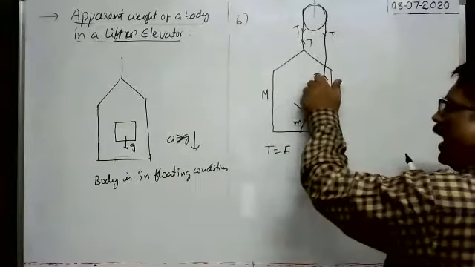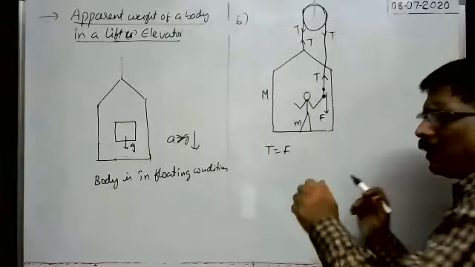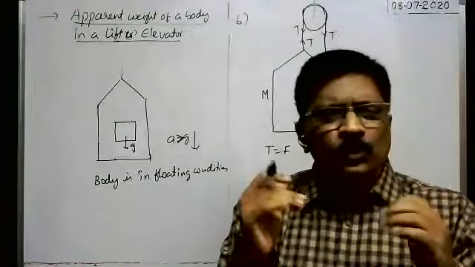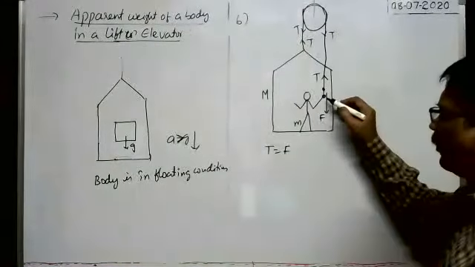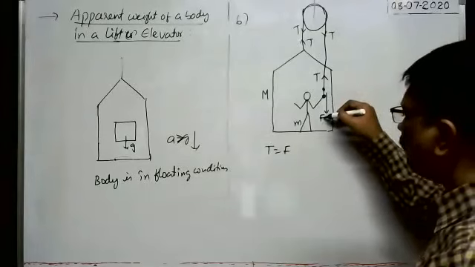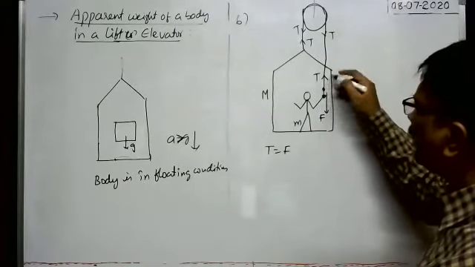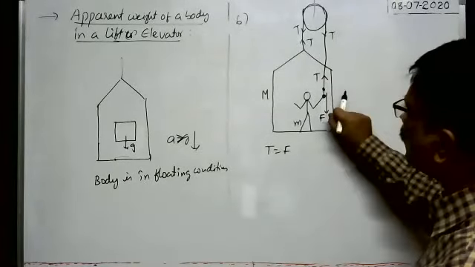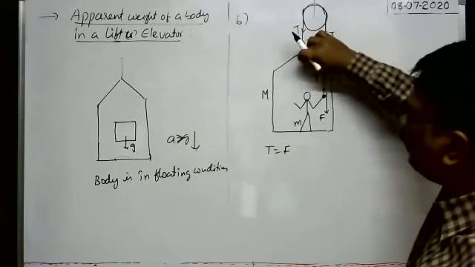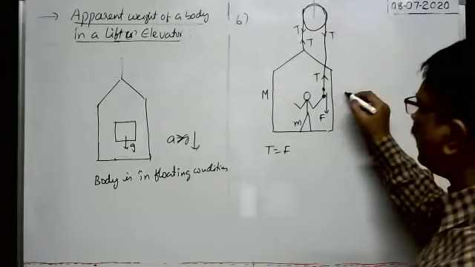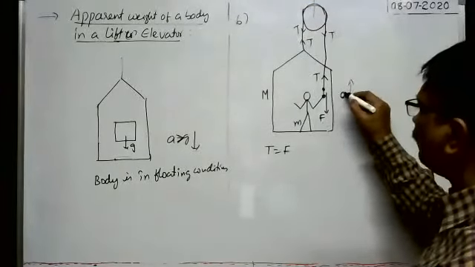then whenever the man pulls the rope like this, just imagine if you do so, what about the nature of motion of the elevator? Imagine whenever the man is pulling the rope in downwards direction with sufficient force, then this rope comes down. When the rope comes down, this rope rises up. When it rises up, as it is fixed to the elevator, the elevator moves up. Suppose the elevator moves up with an acceleration a because of this.